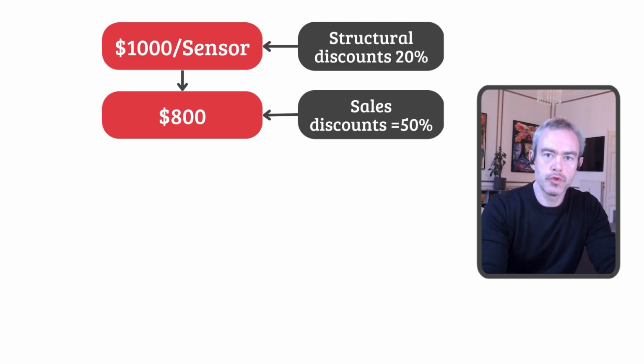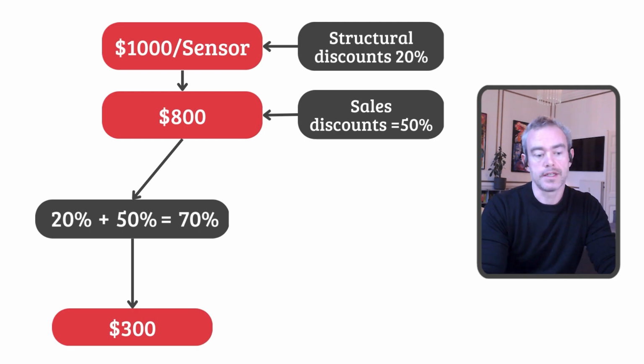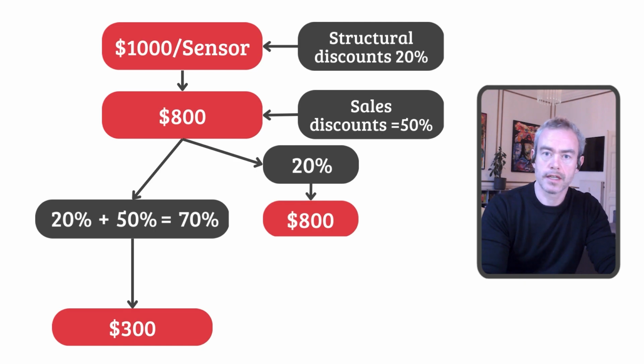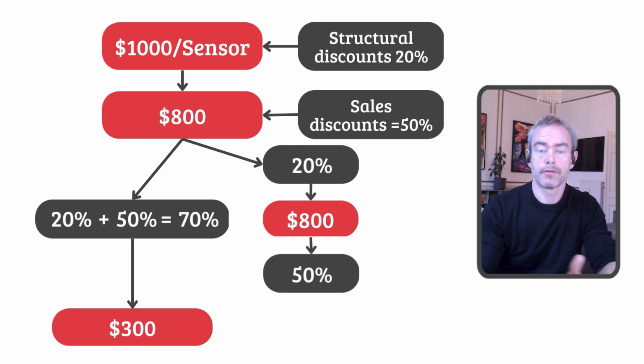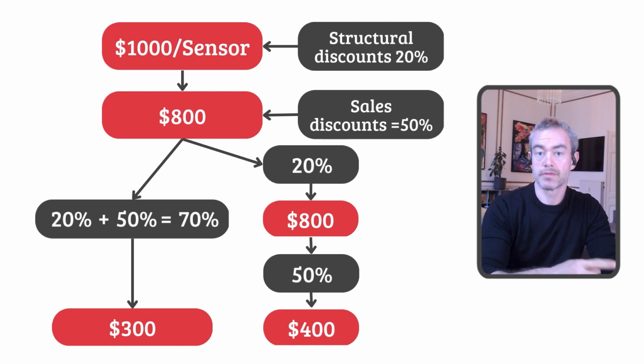So now you have two options to ask, what is the final amount? Is it 20% plus 50%? That is a 70% discount, so a 70% discount on $1,000 is $300. Or is it a 20% discount calculated first, $800, and then you take a 50% discount of that, so now you have $400. If you add the discounts together, the final invoiced amount to the client is $300. If you multiply and do them sequentially, you get $400, which is a 33% revenue increase on the